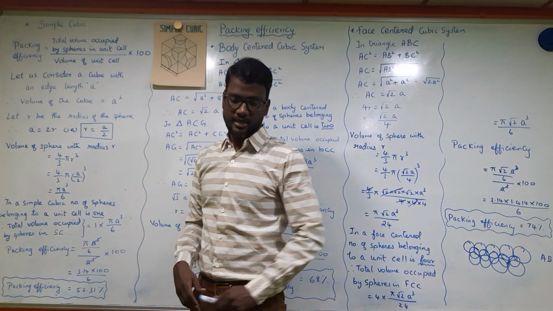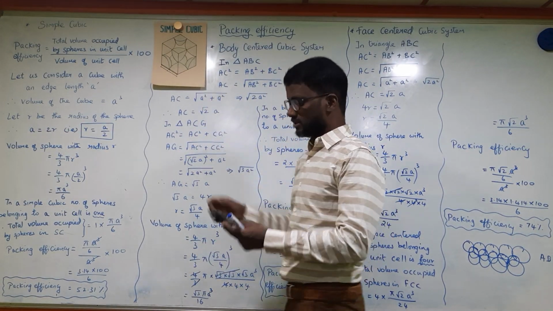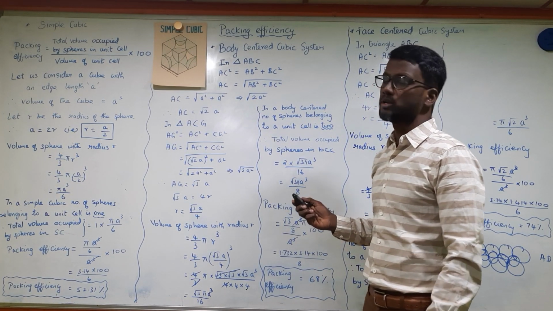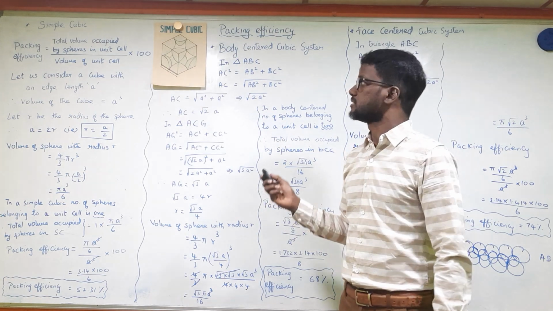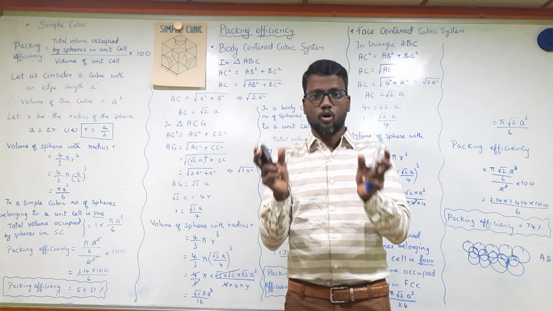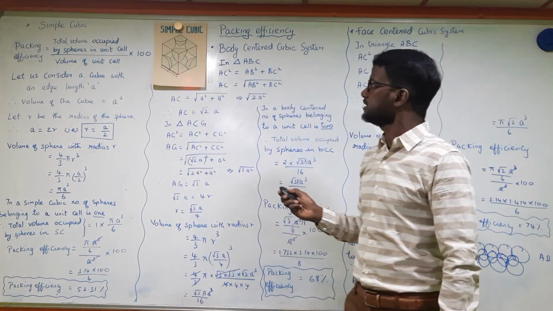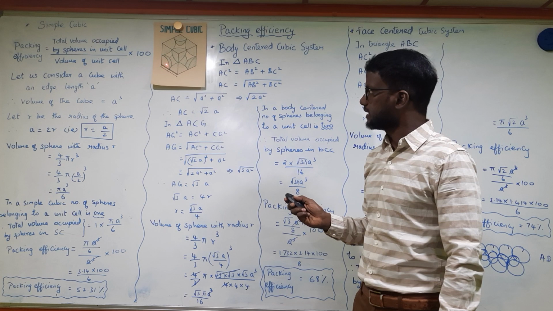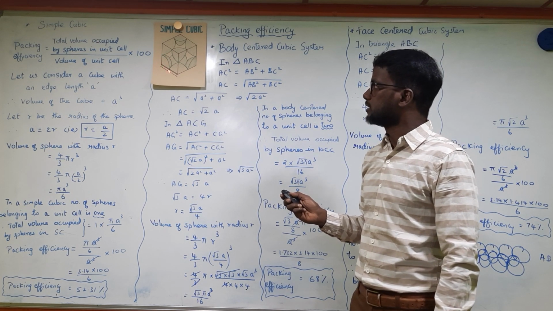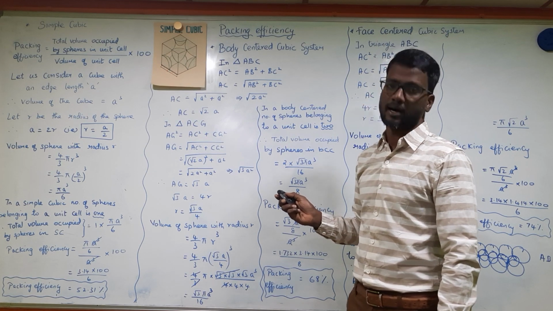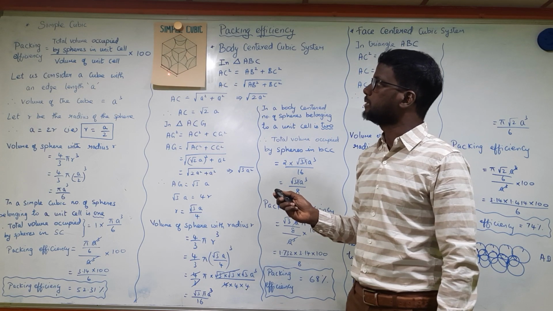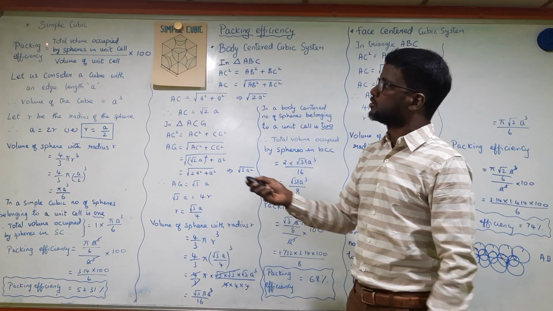So first we'll start with simple cubic. You can see the diagram over here. In simple cubic, atoms are present in the corner. You have to remember what we learned in the previous class. Atoms present in the corner touch each other. You can see this atom is touching this atom. If R is the radius of one atom, then the total edge length A is going to be 2R. So we'll go over here.